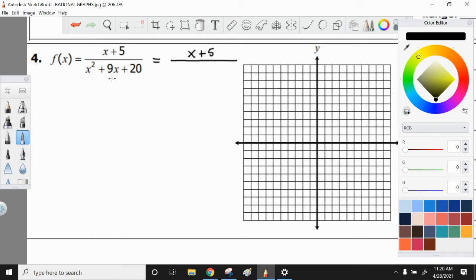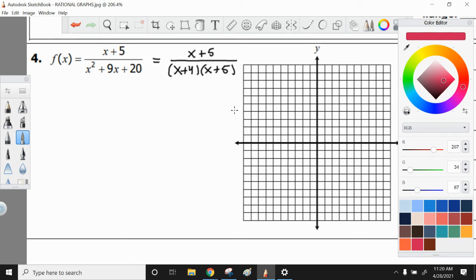What do you guys think? What's the pattern here? Is it 1 times 20, 2 times 10, 4 times 5? It's going to be 4 and 5, right? Piece of cake. So we're going to go ahead and add those up. X plus 4, x plus 5. And I promise you, you want to write these down on the notes. I promise you that. And now that we've factored them,